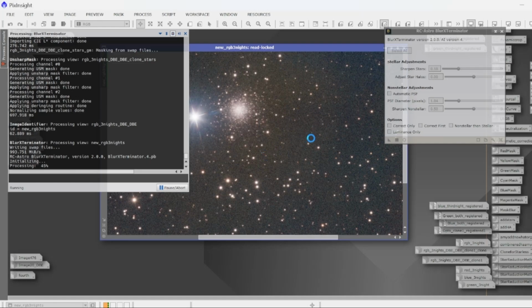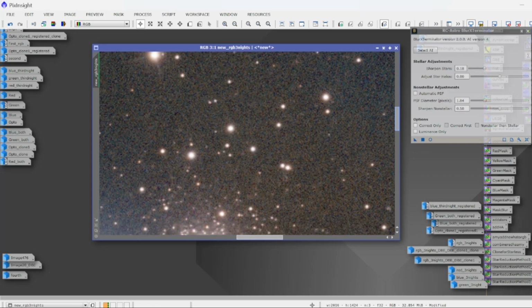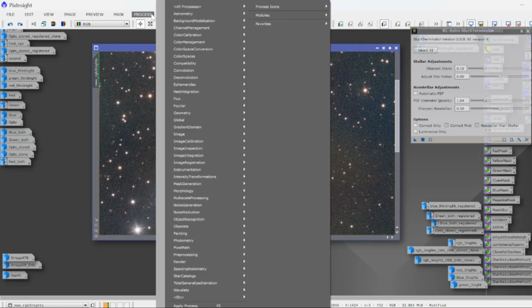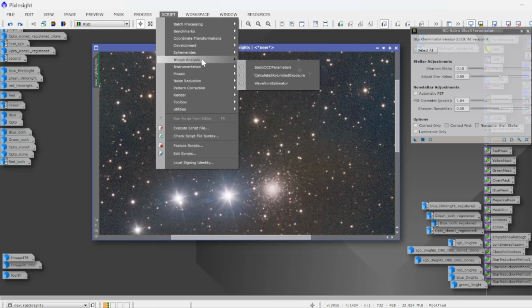The halos, I may have to work with those in Photoshop, as I have a program that can do that. So let's see the before and after, and I think we can probably do a little more. And I also want to try to be a little bit more specific on the PSF, create one, and for that